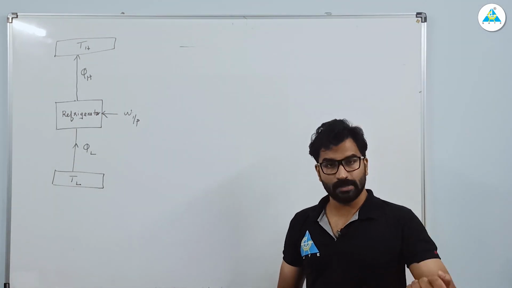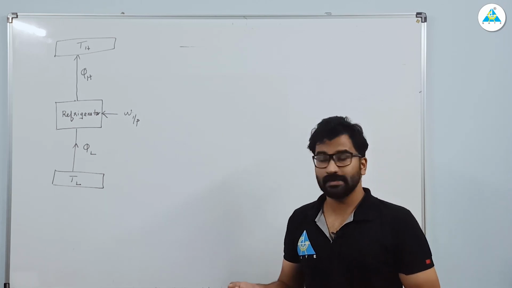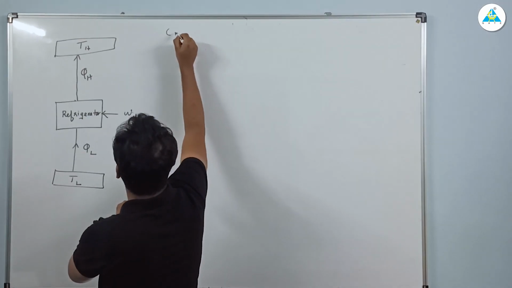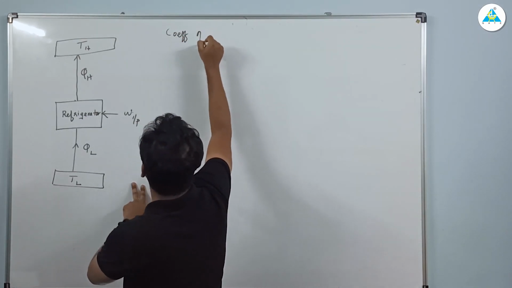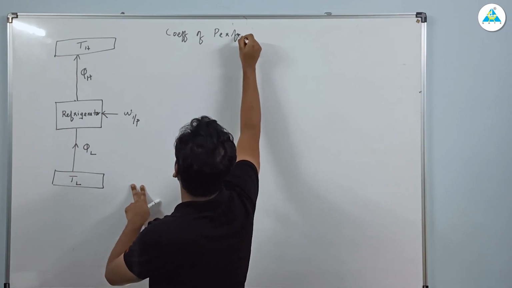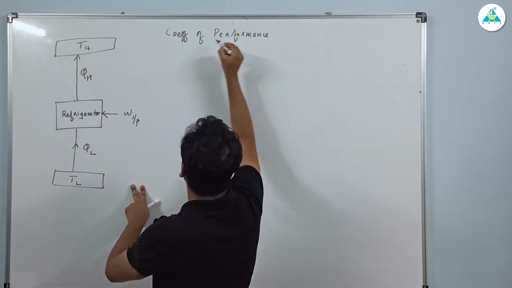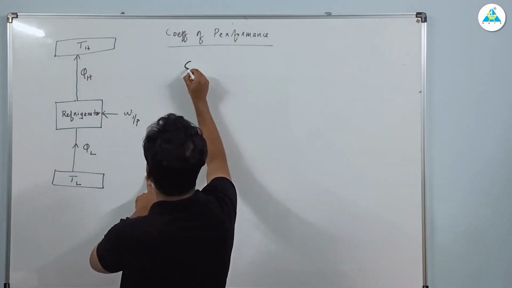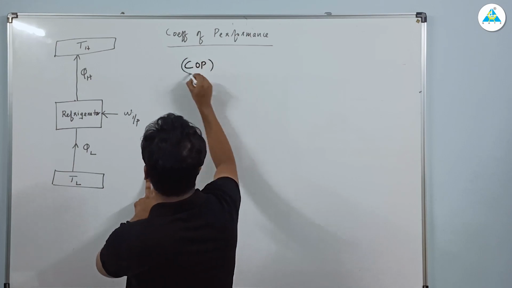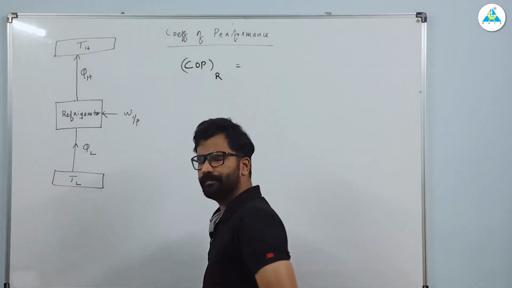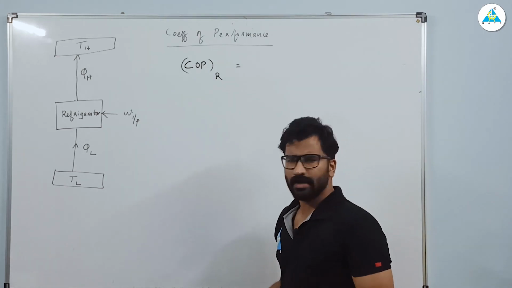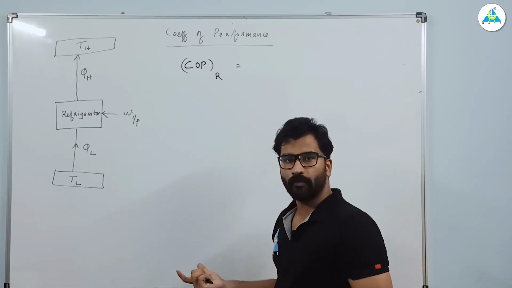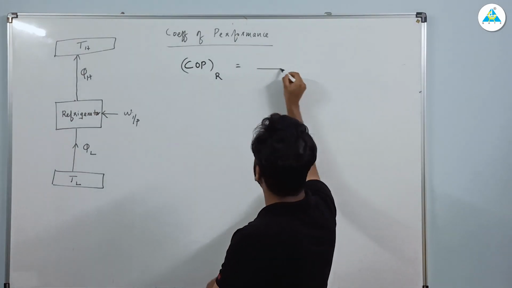We have the same kind of term as efficiency in our heat engine. In the heat engine the performance was evaluated based on what? Efficiency. In the refrigerator we have a new term called COP, that is, coefficient of performance of a refrigerator. So we will call it COP. In our heat engine, out of the heat given, how much we are able to provide as work. Now here, what is the importance?